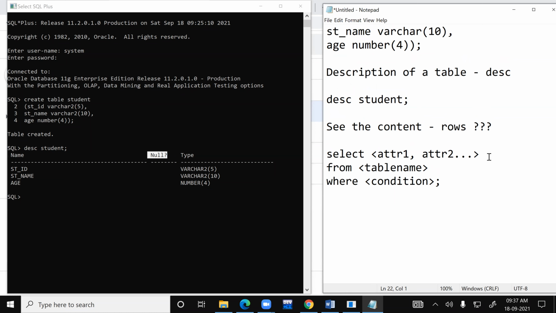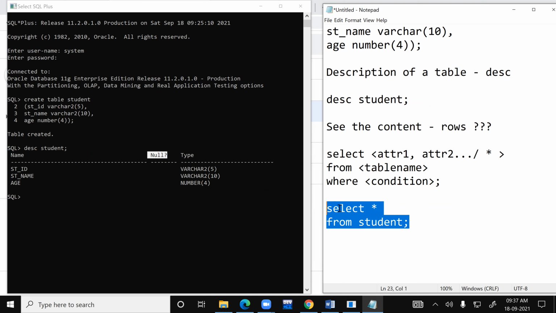If you want all the attributes, you need not give each attribute one by one. You can simply use star. Star means everything. So, I can give select star from student, which means select all the columns.